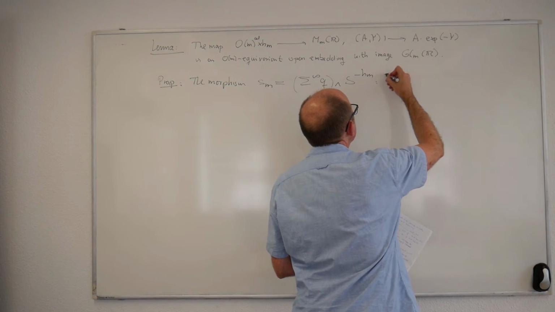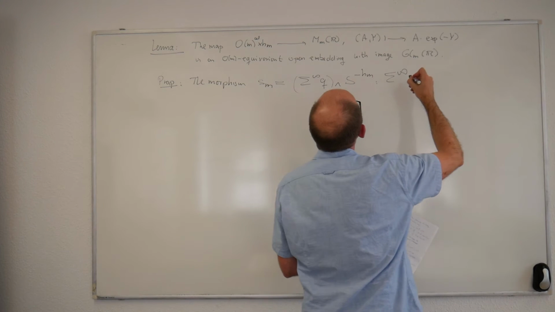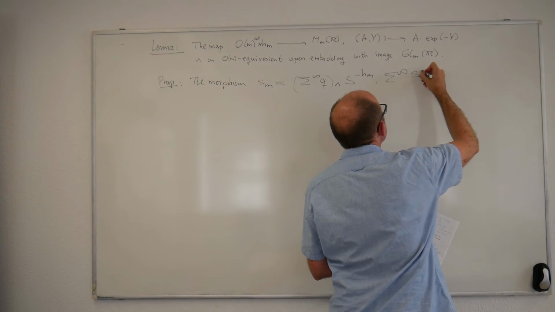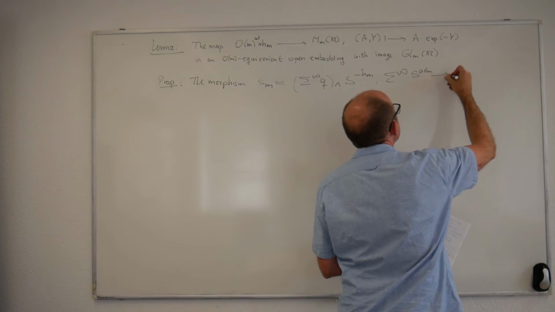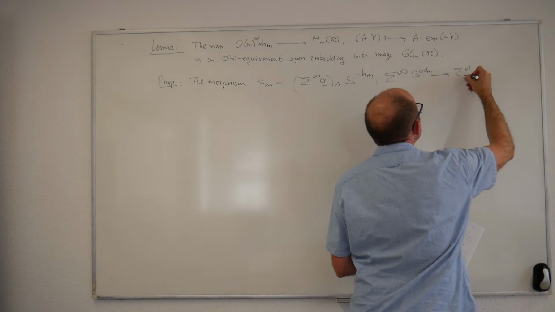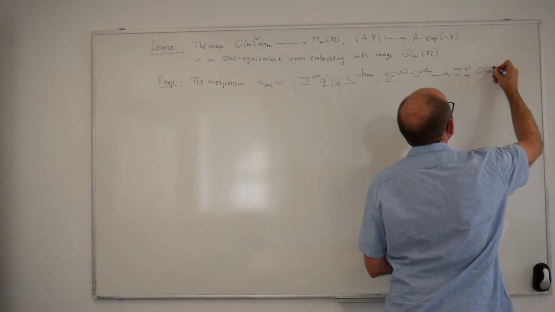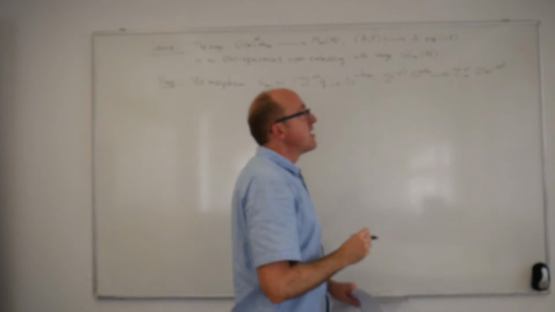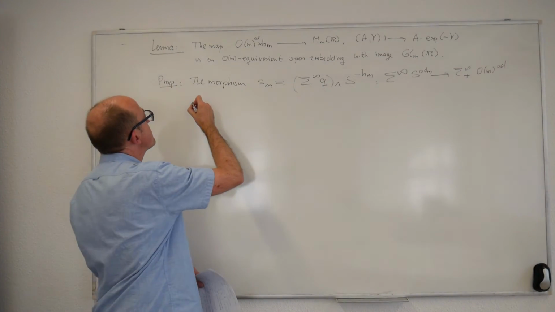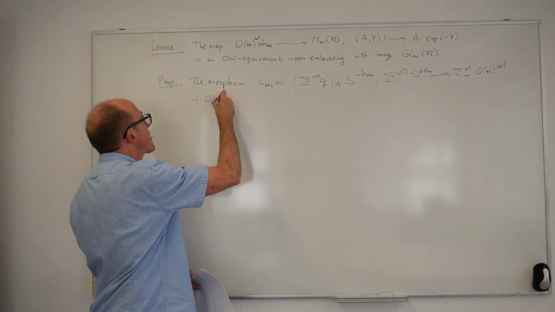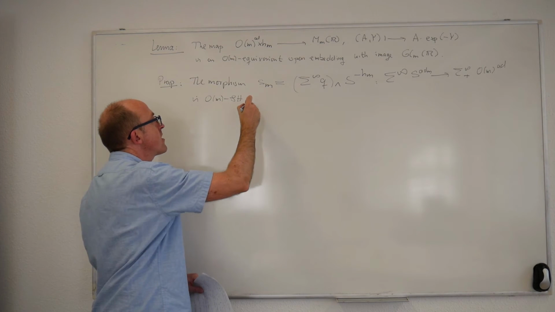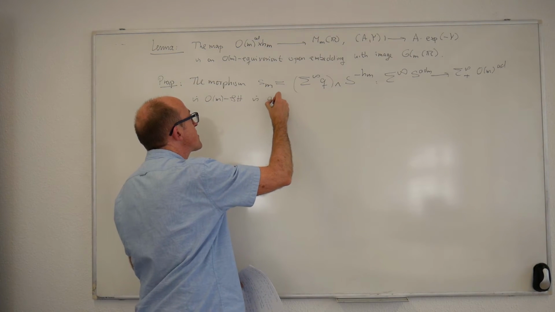This is a morphism from sigma infinity S^{𝔞_m} to sigma infinity plus O(m) adjoint, but it's not a point-set level morphism. This is a morphism in the O(m) equivariant stable homotopy category, and I claim that this is the section